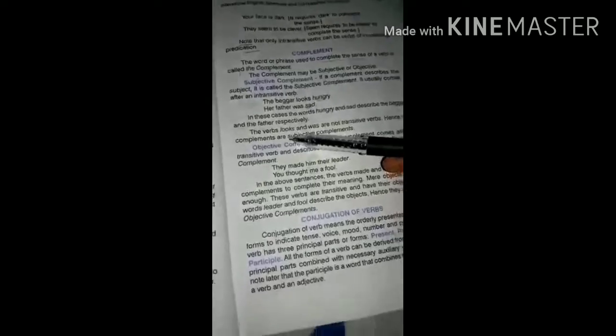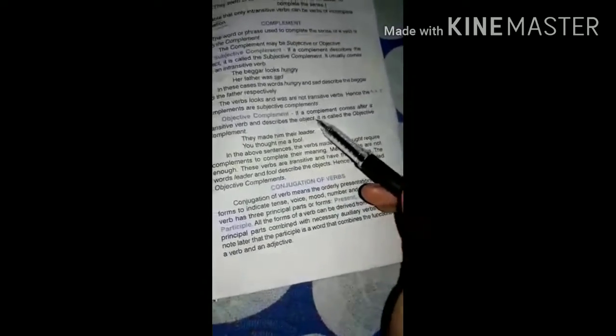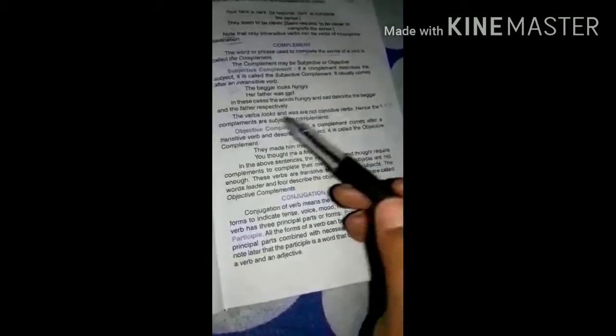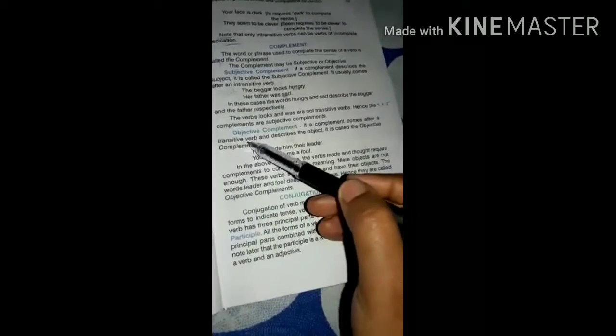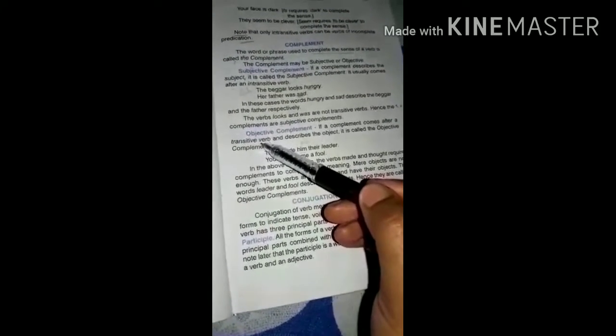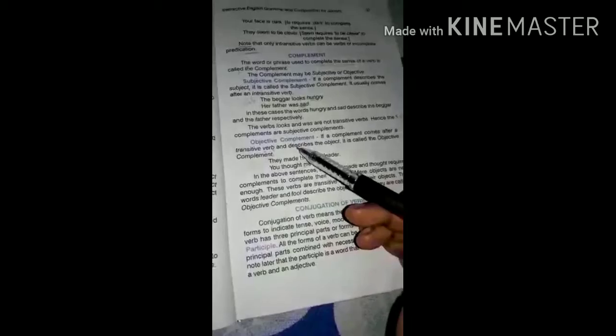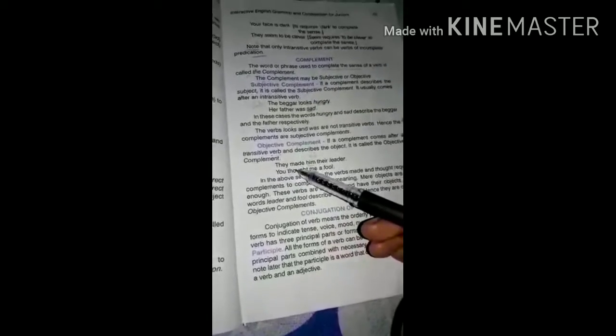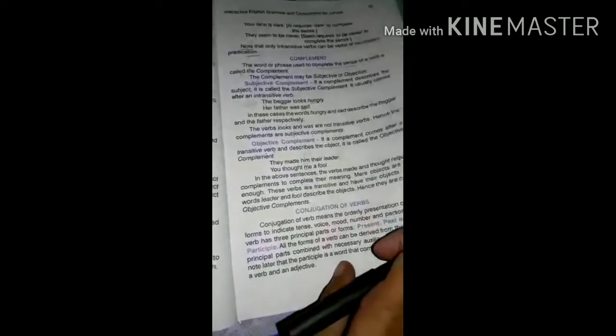Now, objective complement, you see, if a complement comes after a transitive verb, which has an object, then that is an objective complement. Now let's see the exercise. It will be more clear.